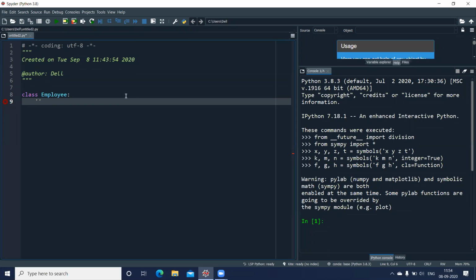So I can give a single quote here and put some statements, let us say, a common base class for all the employees. So whenever I try to make use of this Employee class, you will get this string below it, which will tell me something about this class.